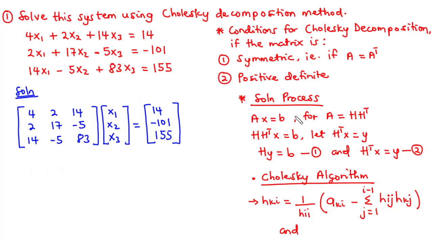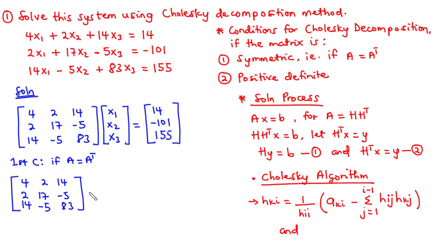Now to do so, we need to check and see if A, which is the coefficient matrix, is symmetric and positive definite. So considering the first condition, that is whether A is symmetric, we need to check if A is equal to its transpose. So we have matrix A, which has elements 4, 2, 14, 2, 17, negative 5, 14, negative 5, 83. Let's see if this is equal to